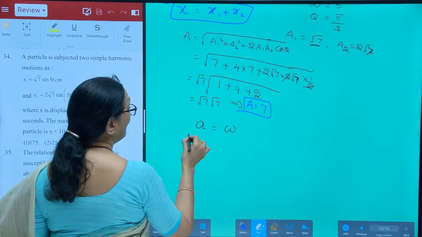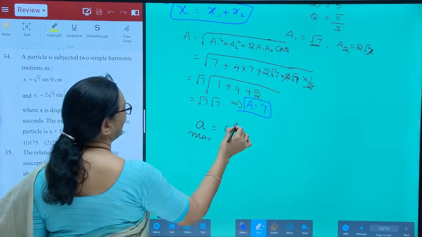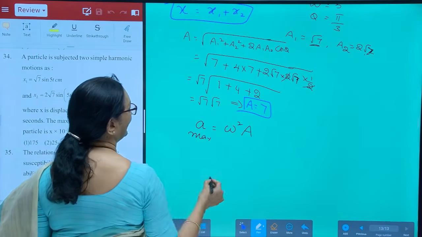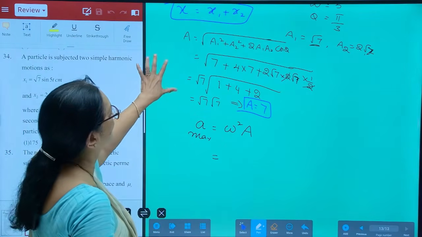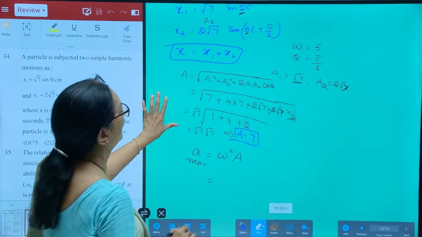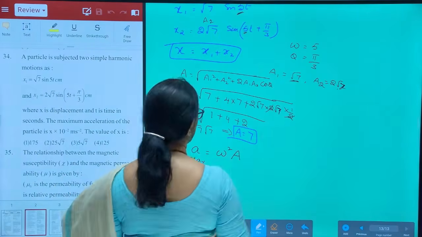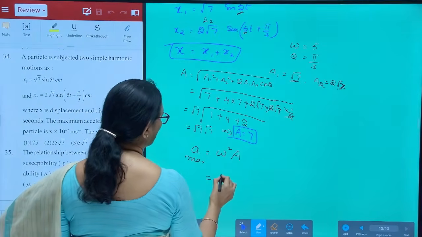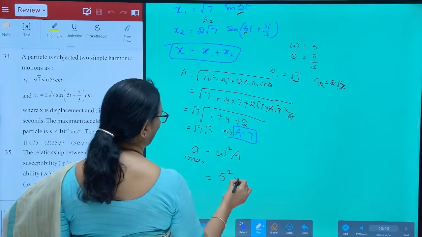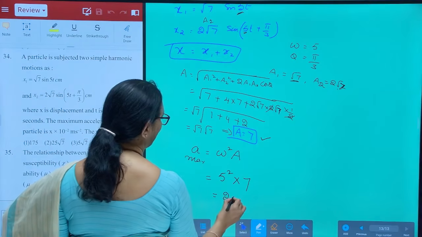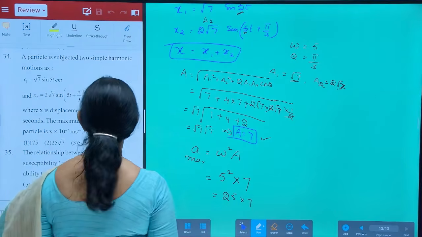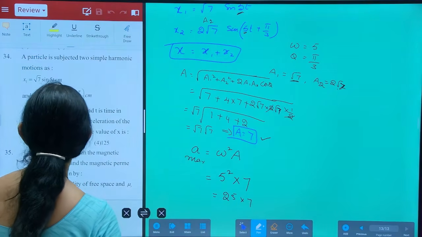Acceleration, maximum possible acceleration, is omega square a. Omega is, from this expression, what is omega? See here, omega is 5. So, omega square is 5 square and amplitude is 7. So, this is 25 into 7. So, this is